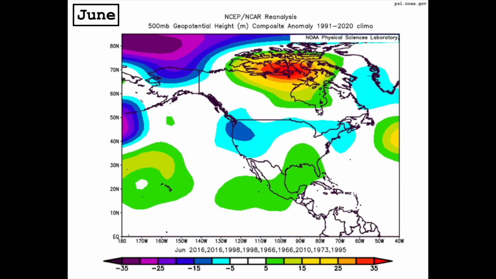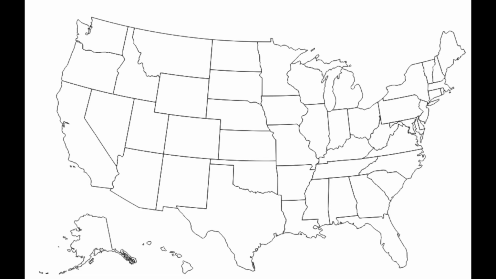The anomalies subside a bit in June, but a plume of lower than normal heights remains across the western half of the country, which could mean a continuation of an active jet stream and therefore active severe weather across the heart of the U.S. So, with all of this being said, what do I think is going to happen this